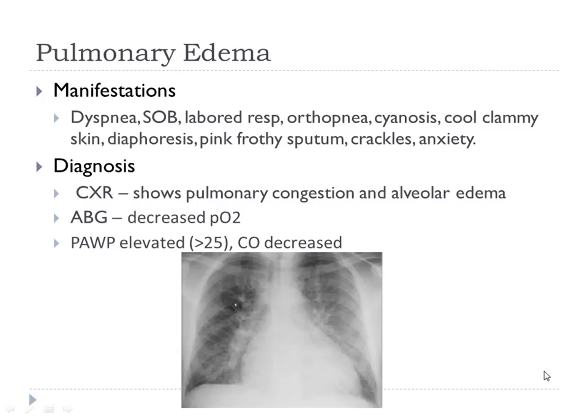So that should be nice and black. You can also see the heart, and you can see that the heart comes way out here. That covers almost the whole width of the chest cavity. That's not good. A normal heart would be about this big. Okay? That's a big floppy heart. You see it?